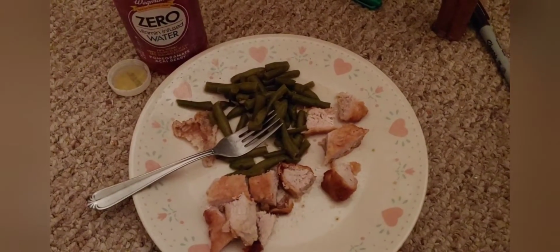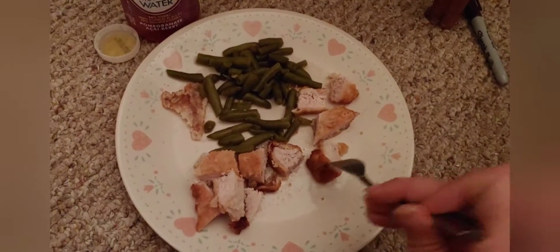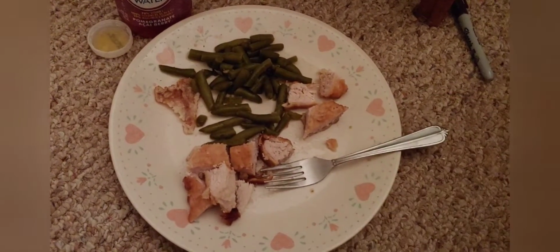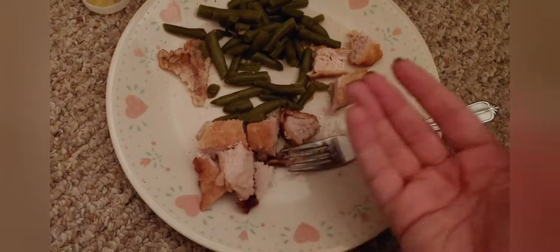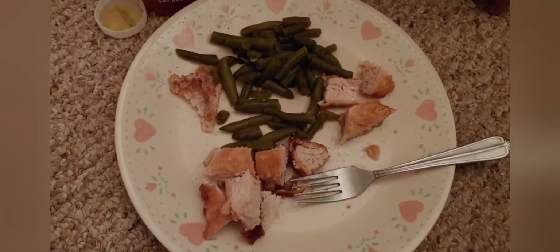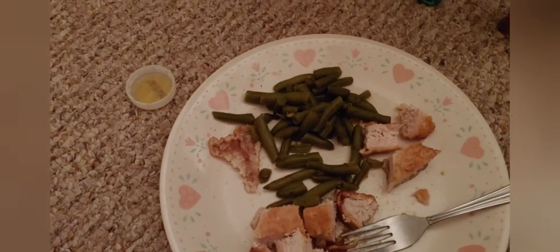There was more chicken and more green beans. What's currently got me stumped on the 99th episode is Dad squeezed some lemon juice onto this chicken, right after cutting it up. What has me stumped is that